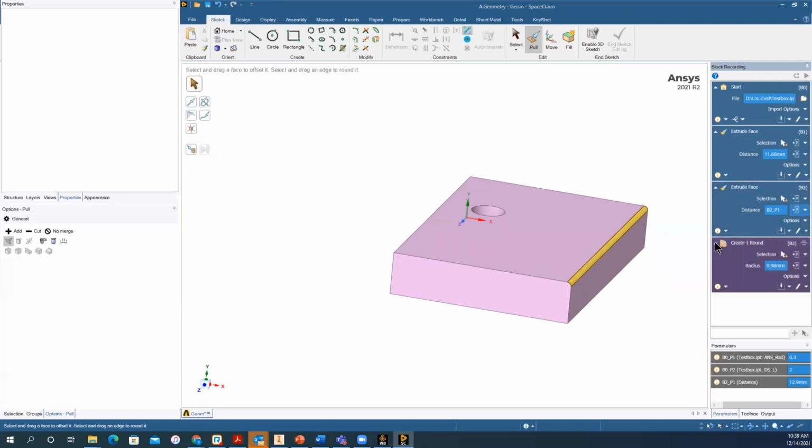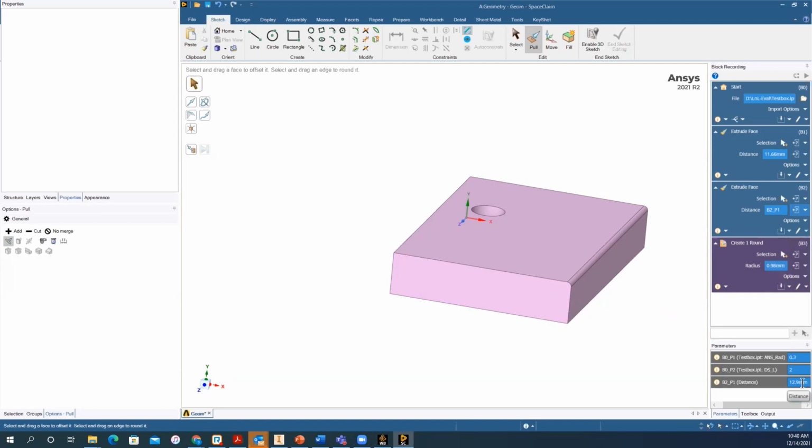And then I went ahead and I created a radius for this round over here. Now, if I wanted to maintain some relation between a previous parameter and a new value, I could go ahead and do that. So say, for example, instead of the radius 0.98, I want the radius to be